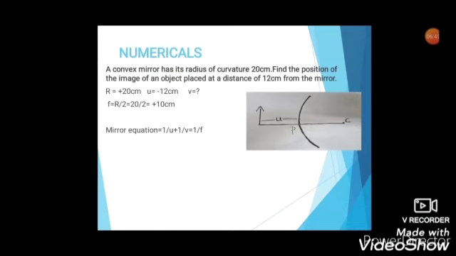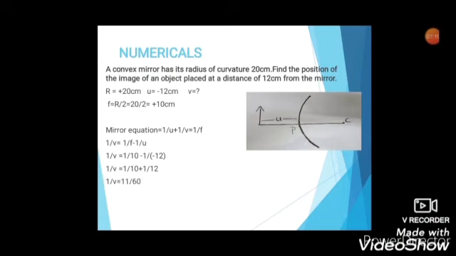Now I'm going to apply these values in my mirror equation or mirror formula. So mirror formula, as we have studied, it is given by 1 by u plus 1 by v is equal to 1 by f. So here my aim is to find the value of v. So v I will be keeping towards left, and I'll take all other things towards my right. So 1 by v is equal to 1 by f minus 1 by u. Correct? So 1 by v is equal to 1 by 10, that is your focal length, minus 1 by minus 12, the u value, right? So then I get 1 by v is equal to 1 by 10, minus and minus becomes plus 1 by 12.